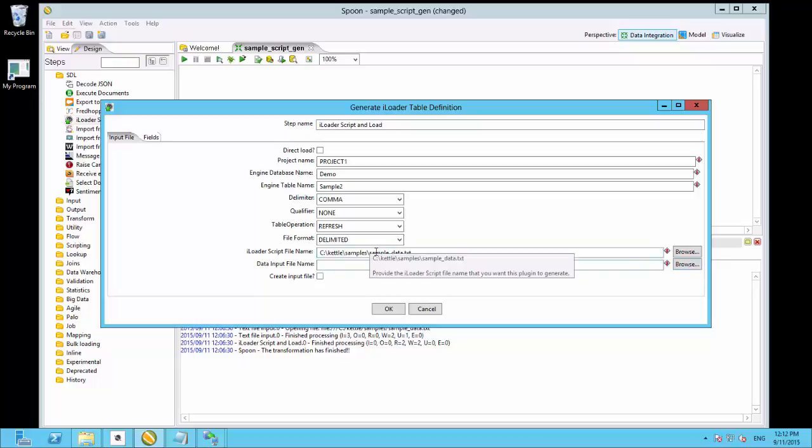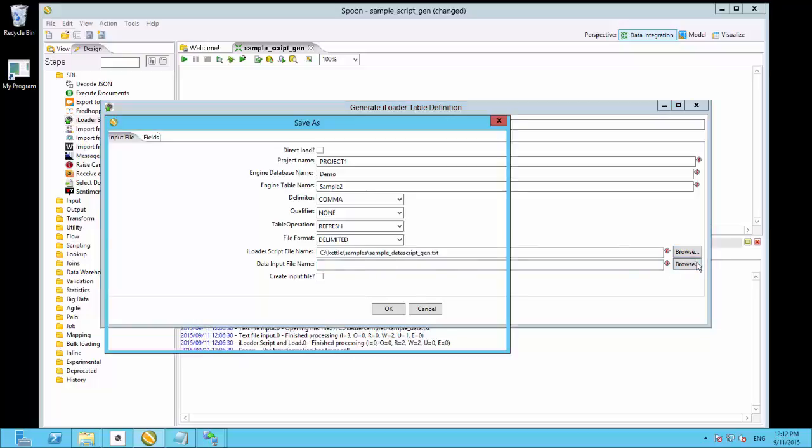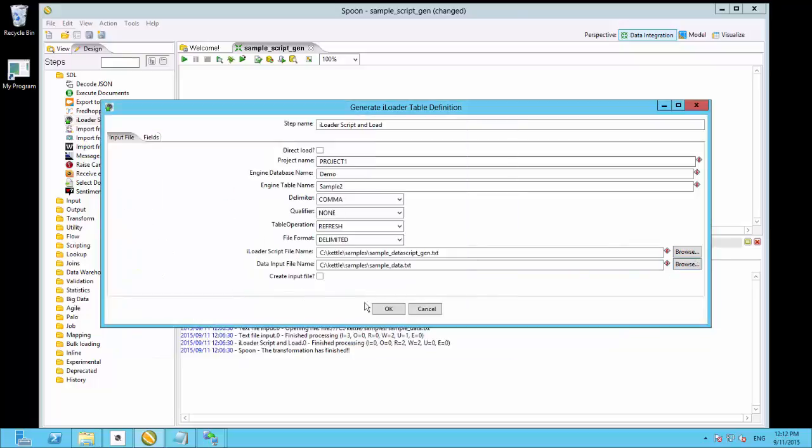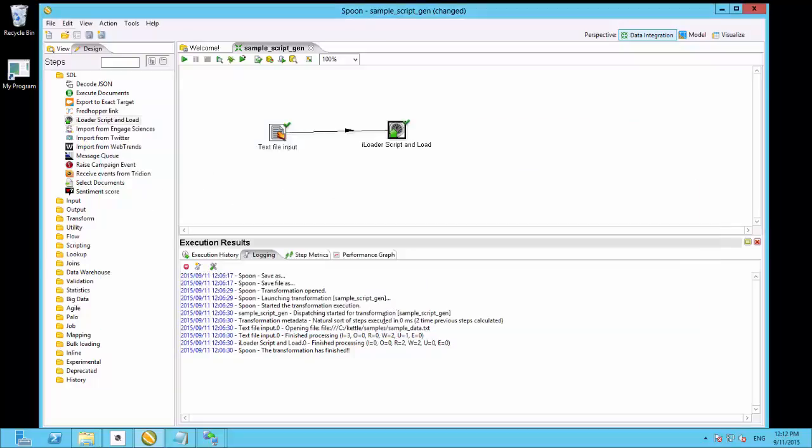So actually I made a mistake there. So this is going to be sample data script gen .text, and this here is the data file input, so this is where we actually select the sample data file. So let's double check the fields are all okay, and then we hit the OK button, we save it, and